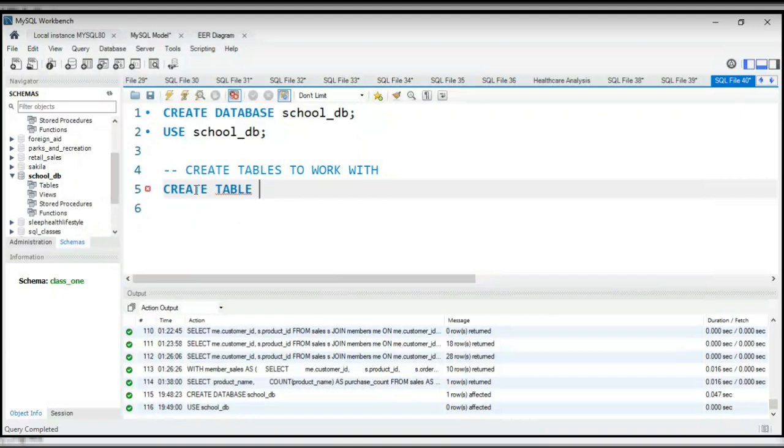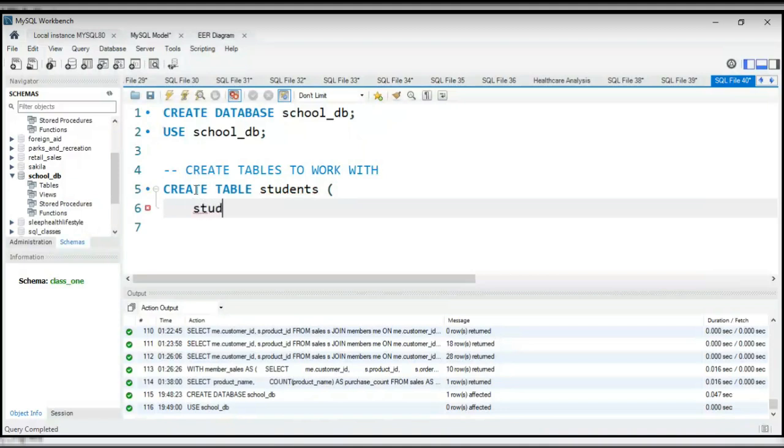This table is, say, the student table, because inside the school database there should be something about the students, and we want to define the attributes of this. The attributes are like the column names. To do that, open this bracket, and over here we have student ID. We want it to be an integer, and we want it to form our primary key. We talked about what primary key means in the last class, the unique identifier,